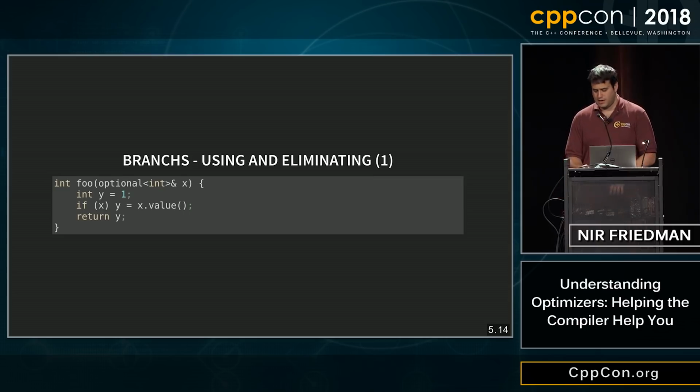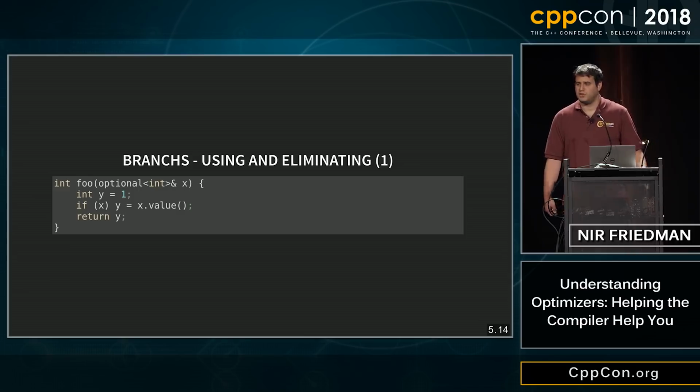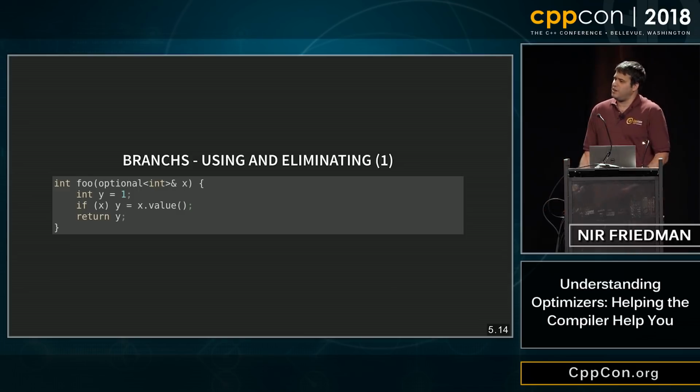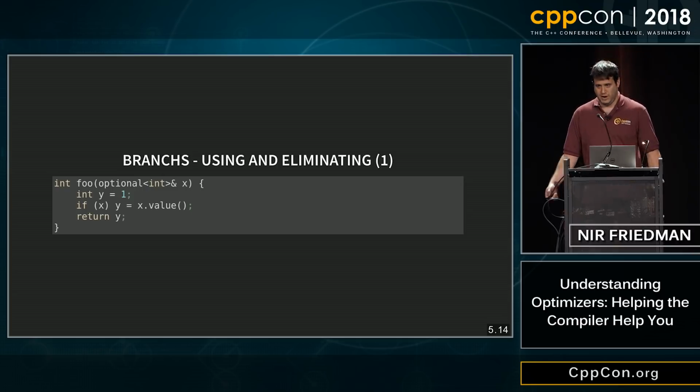is that they always said, look, this is the idiomatic usage. Imagine that was a star instead of a value. They say, well, imagine if you use it like this. Then you have one branch in the code, and then inside the body of value, or inside the body of my hypothetical star, you have another branch. You have to check if it's true to see whether to throw or not. 2 branches instead of 1 branch.